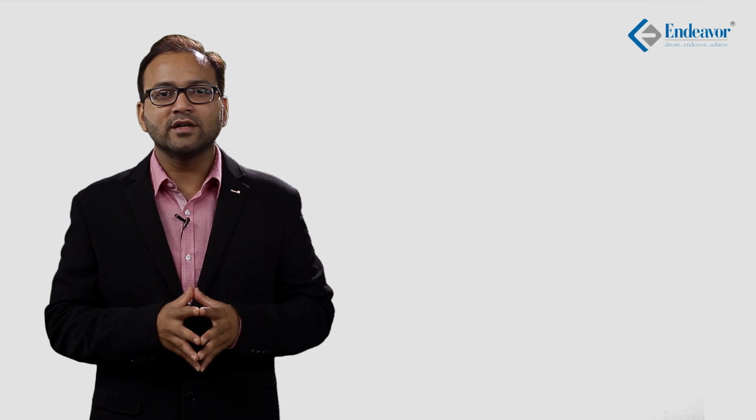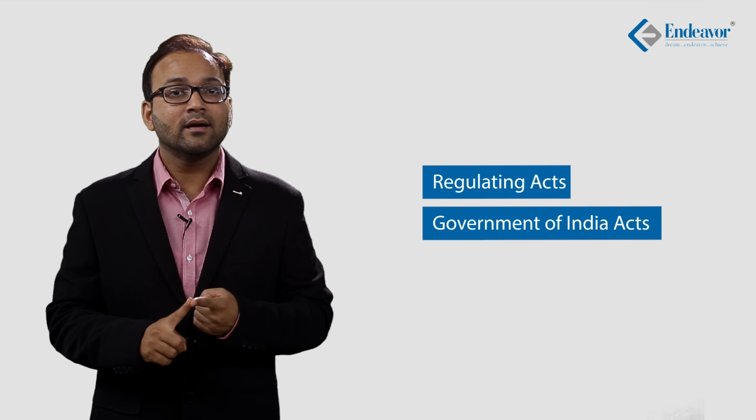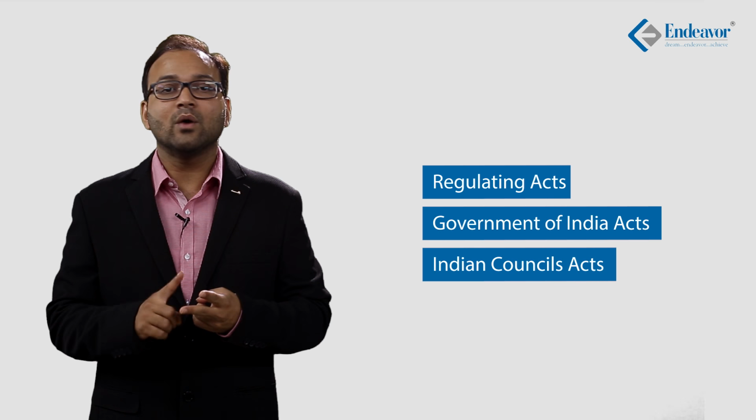During company rule, we were regulated by laws which are known as Regulating Act, and during crown rule we were regulated by 2 sets of laws, one which are known as Government of India Act and another which are known as Indian Councils Act. Both were passed thrice. So let us note down their years. Indian Council Acts were passed in 1861, 1892 and 1909, and Government of India Acts were passed in the years 1858,